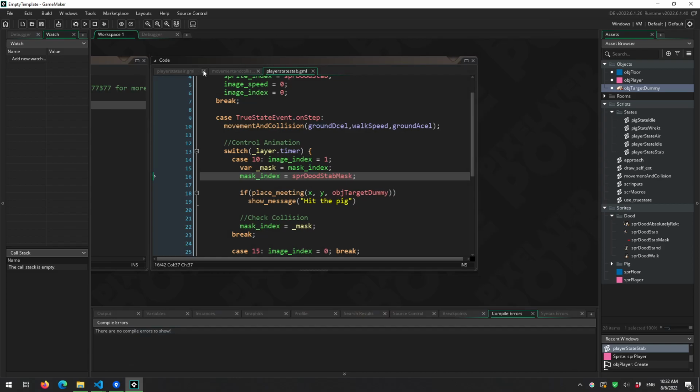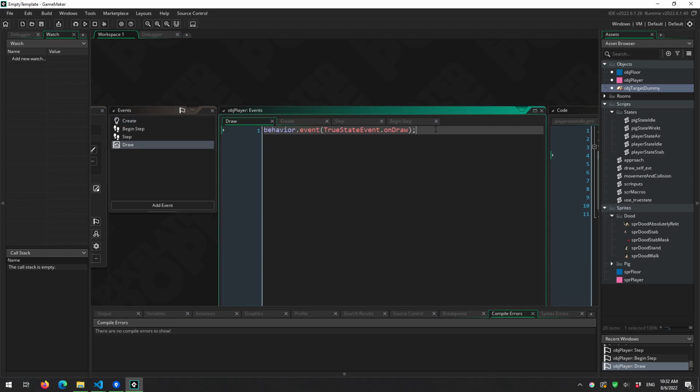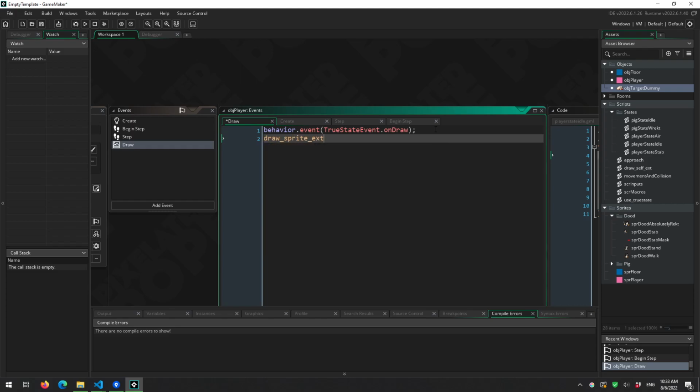So here's what we're going to do. We're going to go into the draw state and figure out what's going on, because this happens sometimes. We're just going to draw his mask over this. I've got a little function I've built. If you've ever used draw sprite extended, I'm going to type this out because it's really annoying. So I want to draw sprite dude stab mask, not druid, dude stab mask. And I want to do 0, and I want to do X, Y, image X scale, because that's really what,